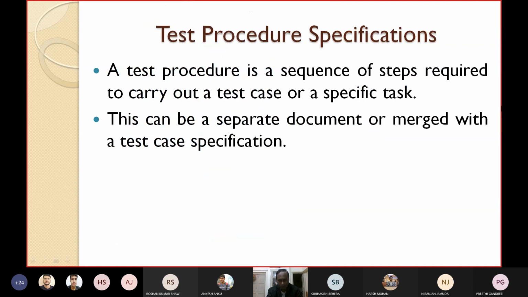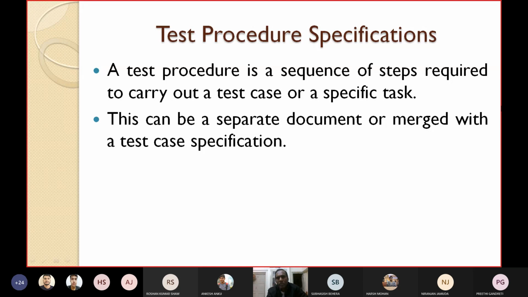Now, today we'll discuss test procedure specification and test output specifications, or the test result specifications. Test procedure specification is very easy. Here we have to write down the sequence of steps required to carry out a test case or a specific task. So to execute a test case, what sequence of steps should you follow?